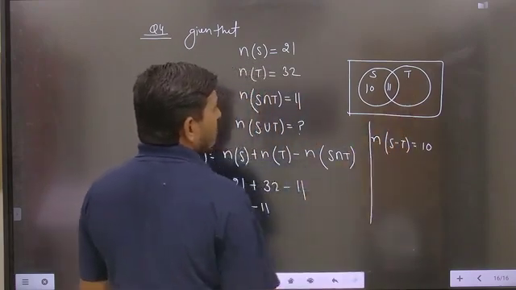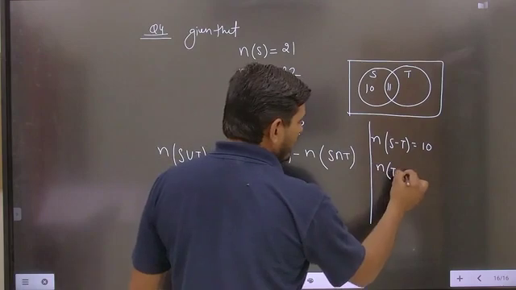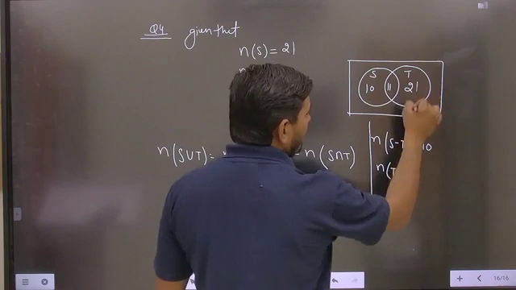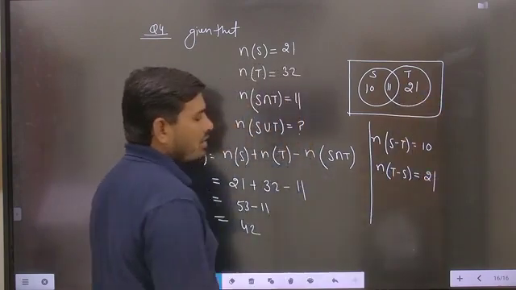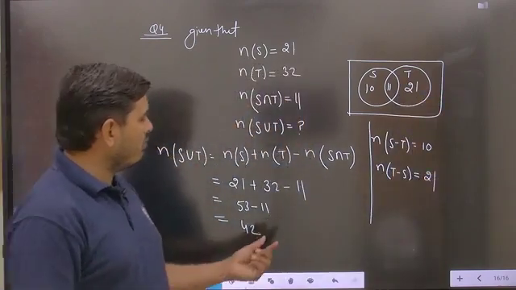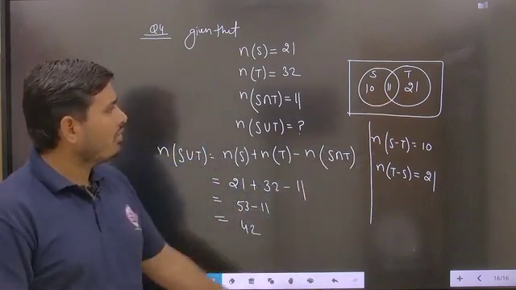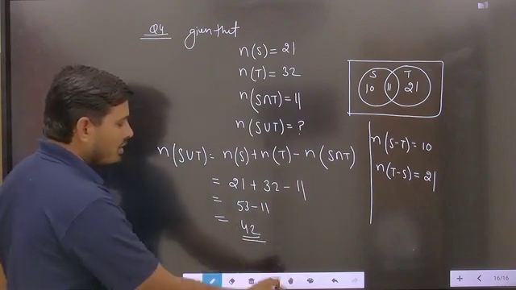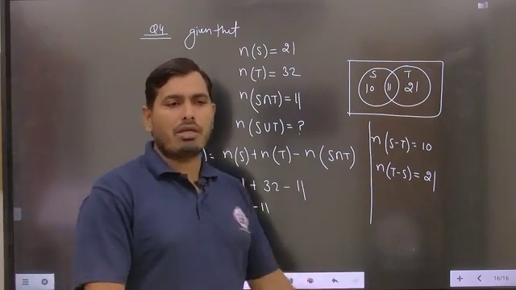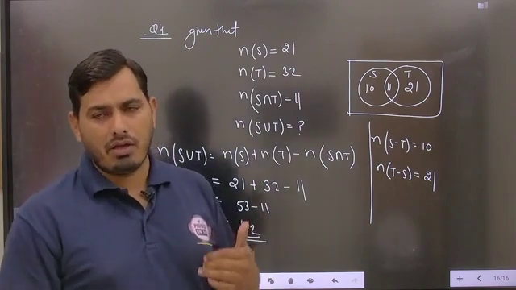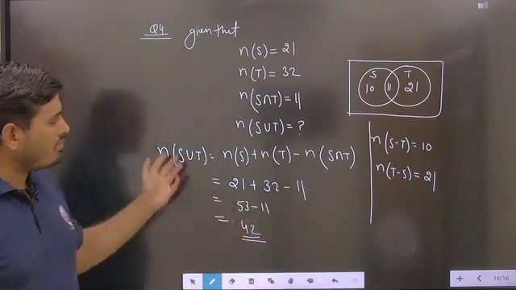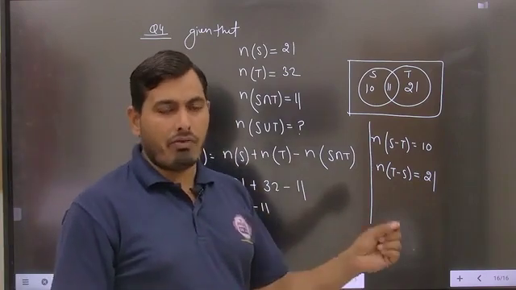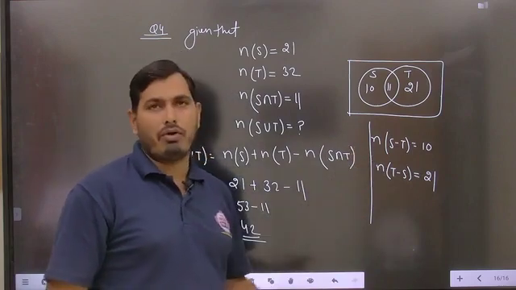Here you can say the number of elements in only T, so T minus S. The total number of elements is 32, and 32 minus 11 will be 21. So this particular part has the answer 21. Now you can check how the total number of elements will be. So this will be 21, 21 plus 21 will be 42, and you can obtain the answer 42 here always. So you can make the Venn diagram, because Venn diagrams will tell the direct answer without any formula, but we have to use the proper value of each and every part, whatever is given and whatever we have to draw in the Venn diagram. Is it clear?